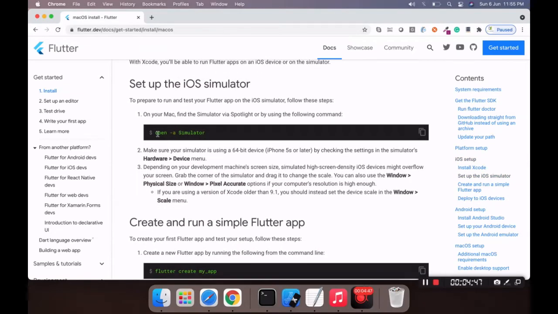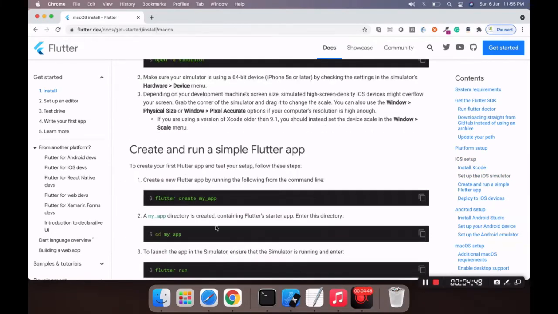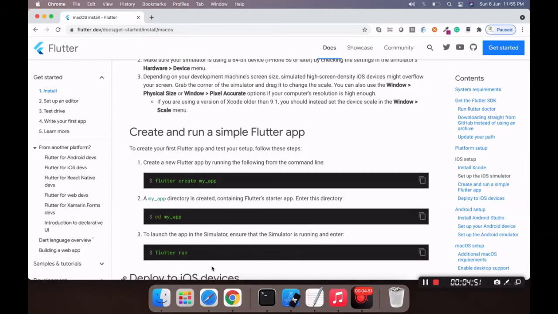Now it is time to create your first application. I promised you to create a Hello Flutter application.